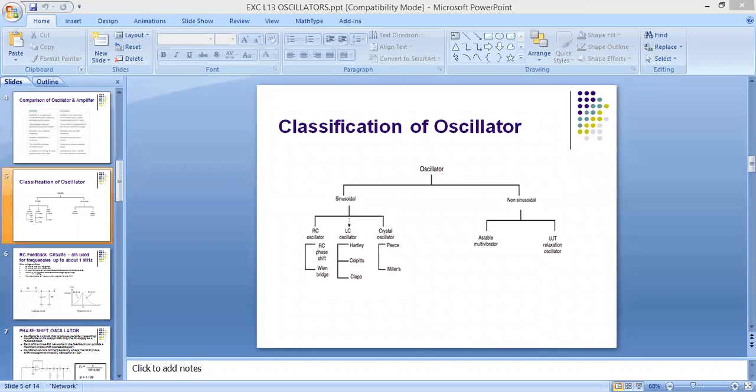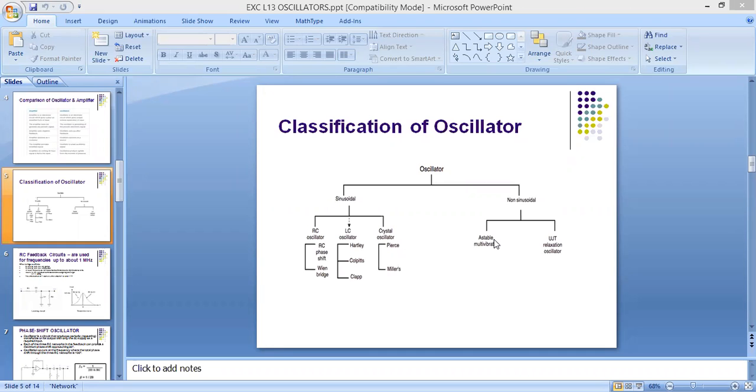Yes, ma'am. Okay. So we have seen in the previous session about the oscillator. If we have to use an amplifier as an oscillator, then we have to follow the Barkhausen criteria. The Barkhausen criteria says that if we have to use an amplifier as an oscillator, then we have to satisfy two conditions. The loop gain, this is nothing but AV into beta. Beta is nothing but the feedback factor, and AV means the voltage gain.